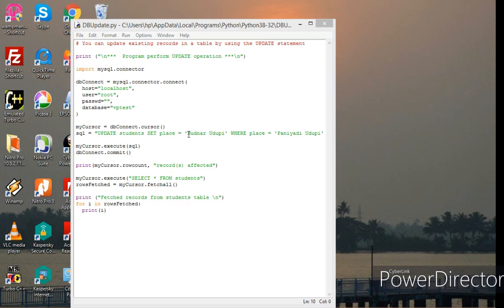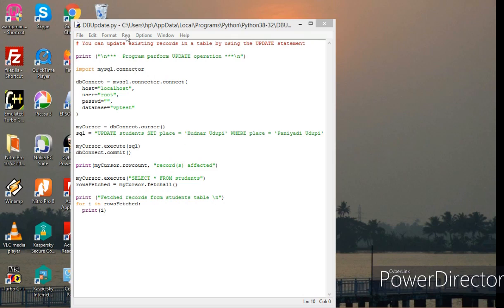What is the new string to be updated? That is Budna Udupi, where place is equal to Paniyadi Udupi. So in my table students, wherever I find the place Paniyadi Udupi, it should be updated as Budna Udupi.